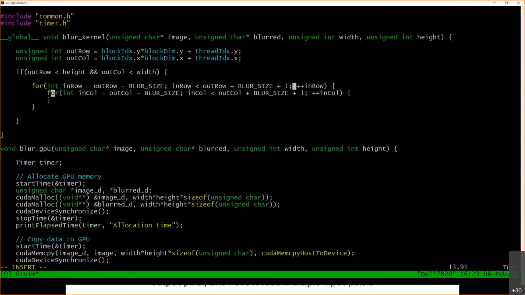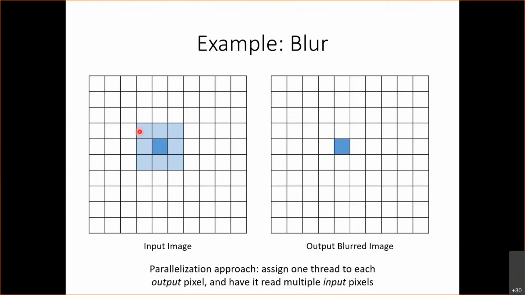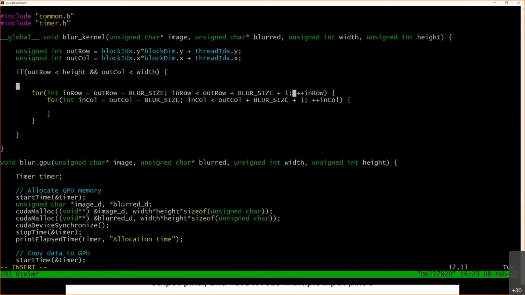Okay, and now in this case, what do I need to do? Well, I'm going to need to have some kind of average that I'm accumulating across these different pixels. I want to sum up these pixels, and at the end, I want to divide them by the total number of pixels. So in this case, I'm going to initialize an average up here. I'm going to write unsigned int average,